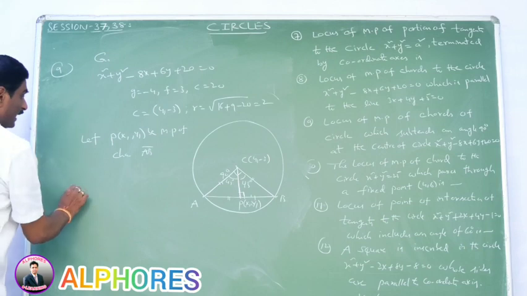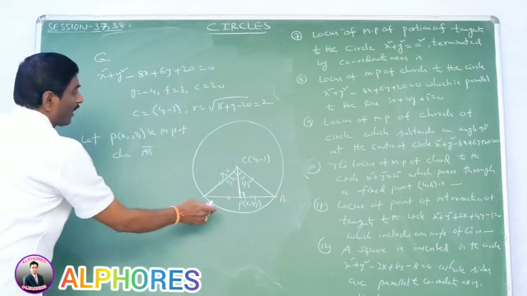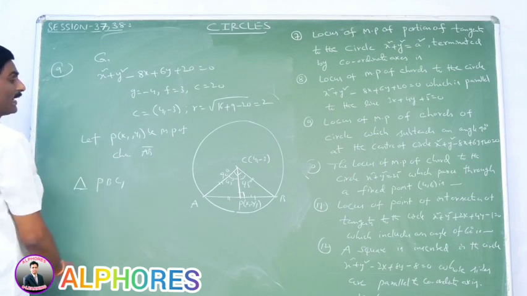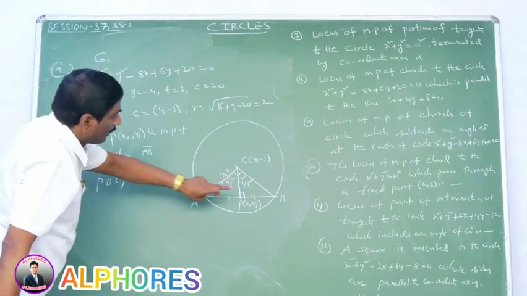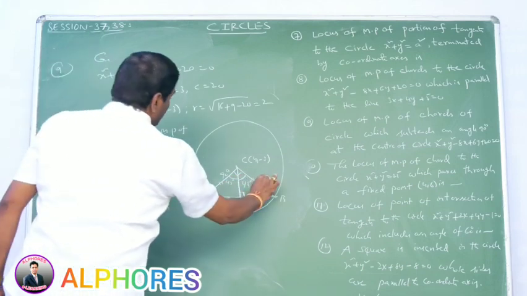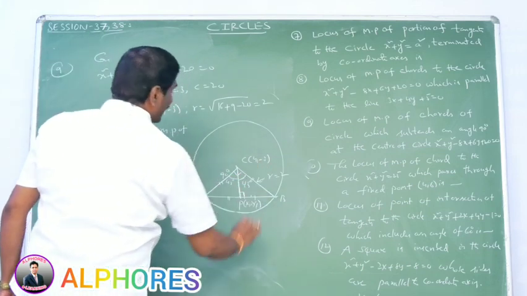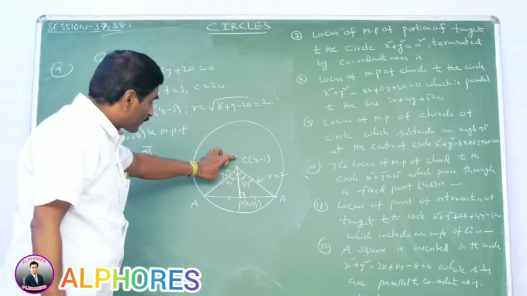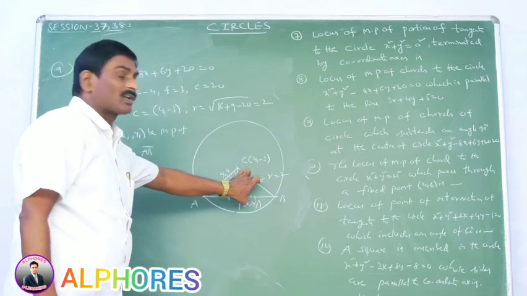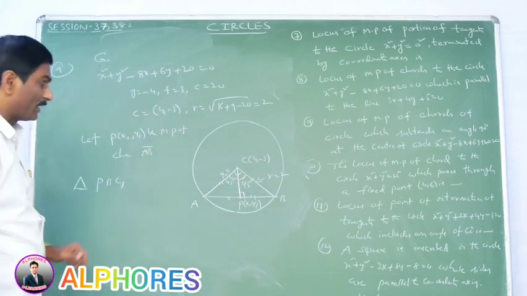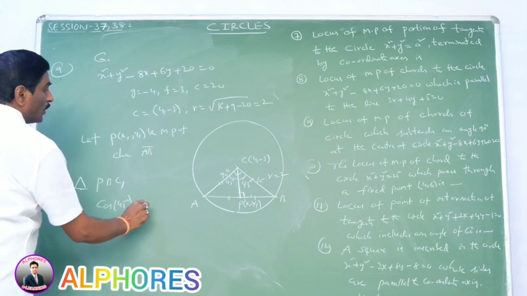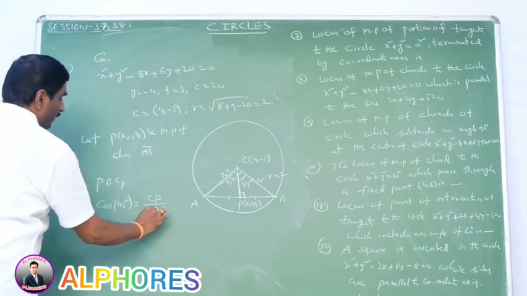Now from triangle APC or triangle PBC, take any one of the value. From triangle PBC, we know that hypotenuse, 45 degrees. This is the hypotenuse. This is nothing but radius. Radius is equal to 2 units. We know the value of C and P. CP already known value. Adjacent known value, hypotenuse known value. That means we take cos value. From triangle PBC, cos 45 degrees is equal to adjacent side CP by BC.